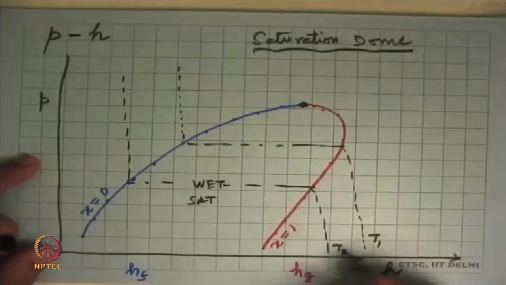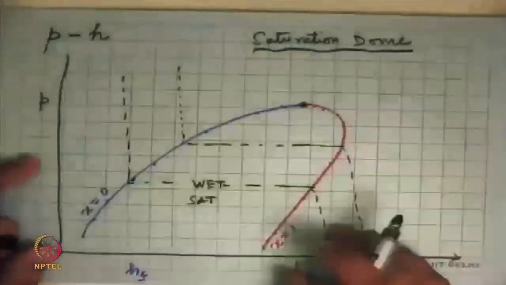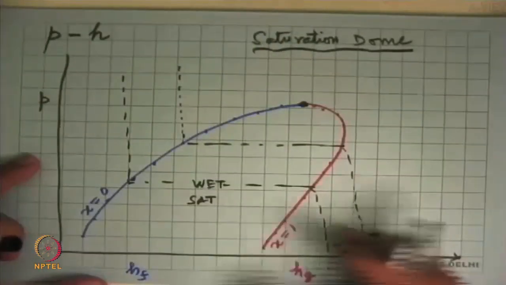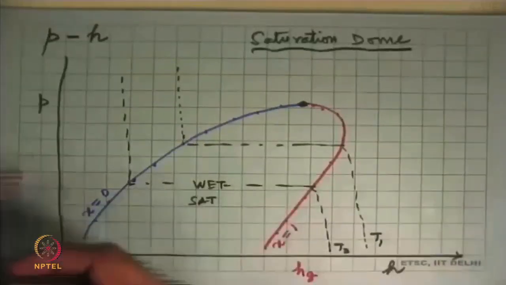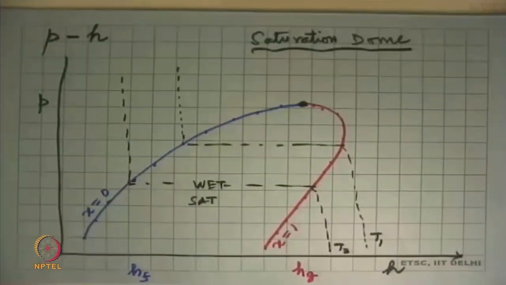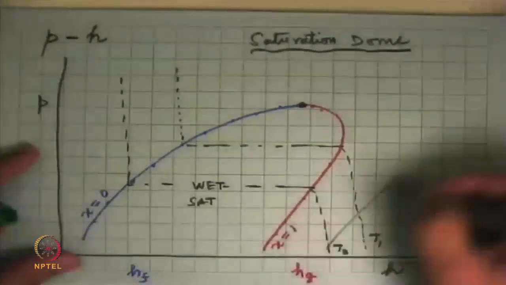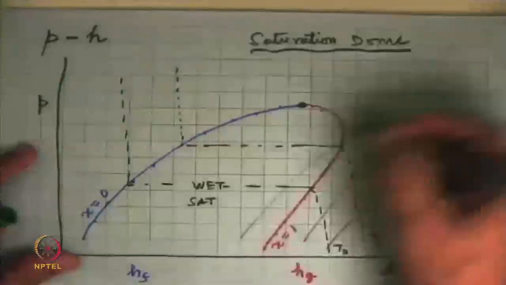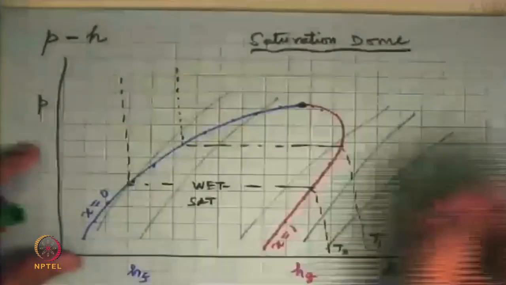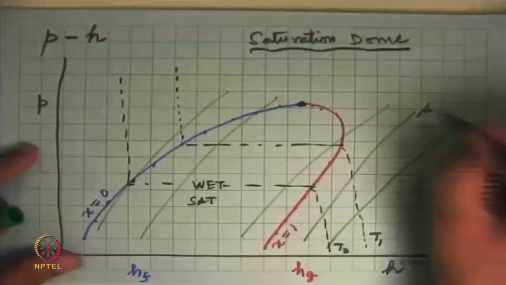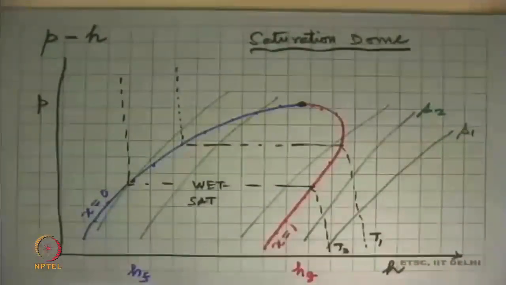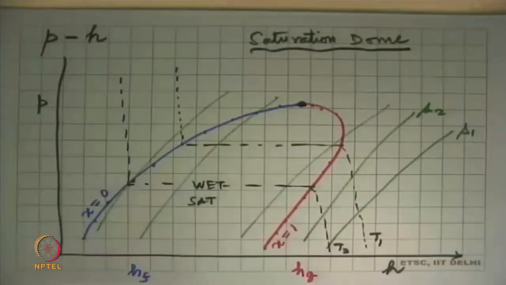So this is T2, and like that there will be a family of these lines coming on this. And along with that, we can also plot constant entropy lines. So that was T, and constant entropy lines on this line diagram, they end up going something like that. S1, S2, and so on. So what does this diagram tell us?